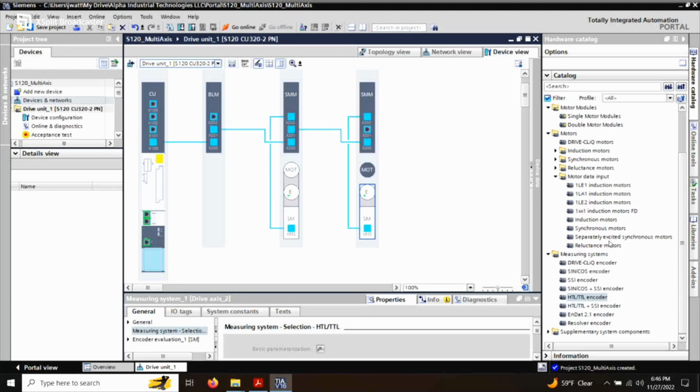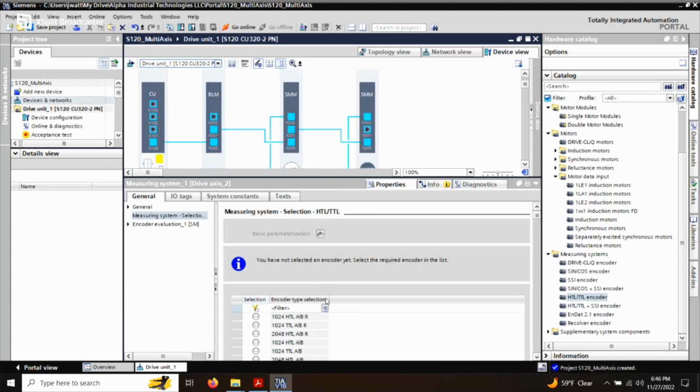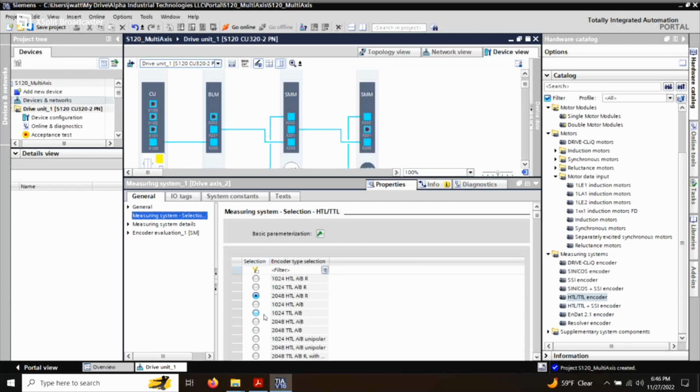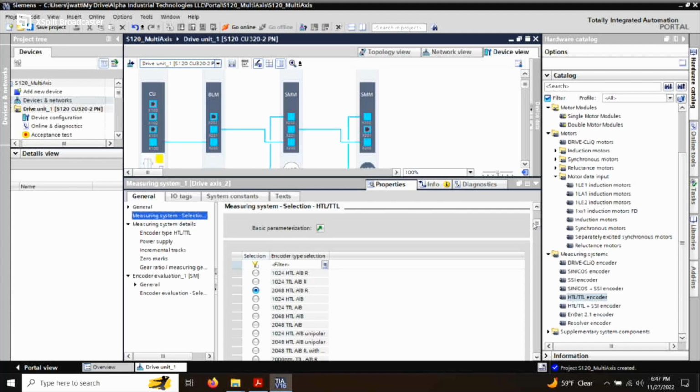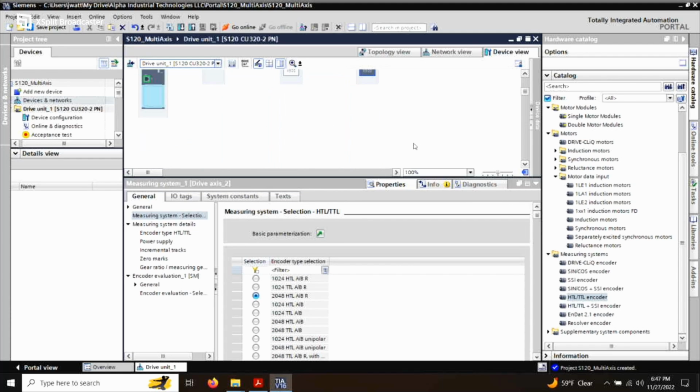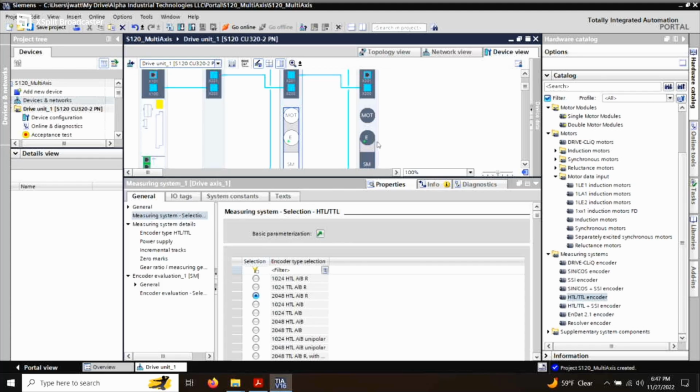And so to configure the basics, we should be pretty much set on it. We said that we were going to do a 2048. We'll do a 2048 AB with the reset. These are just depending on what type, but your basic configuration is just 2048 HTL, just kind of like we said before. Now, we should have absolutely everything